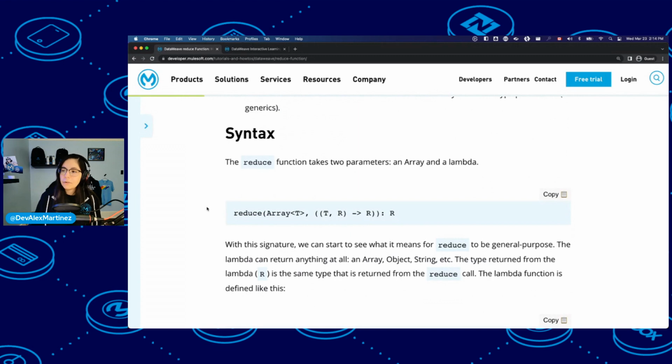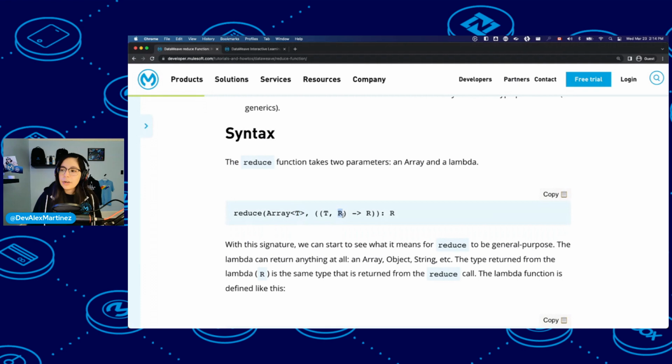Now, the syntax for reduce starts with the input parameter, which is an array of type T, and then our lambda, just as we had in map, where we had an input parameter and then a lambda. But in this case, the lambda is accepting a type T, which is each of the items inside the input array.